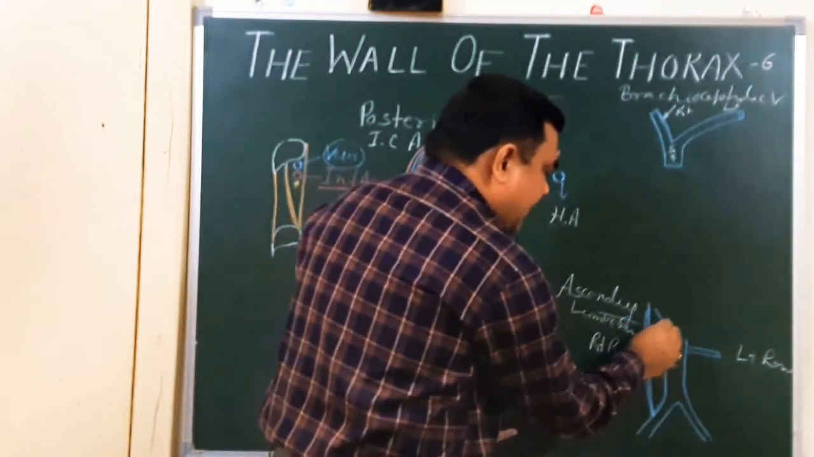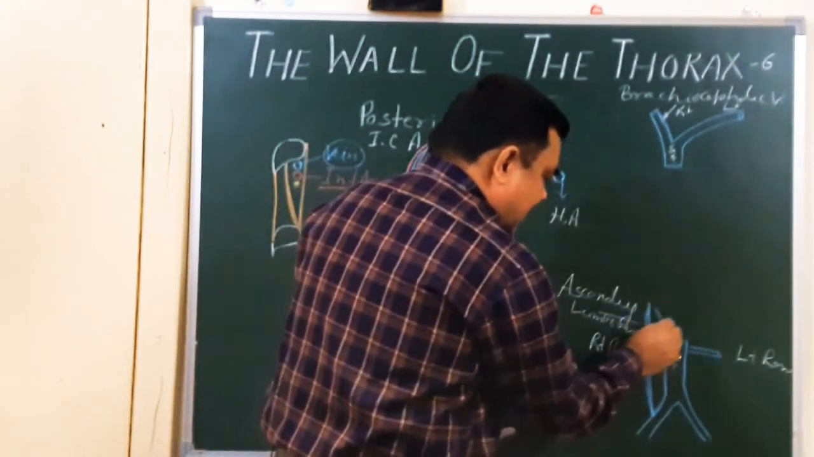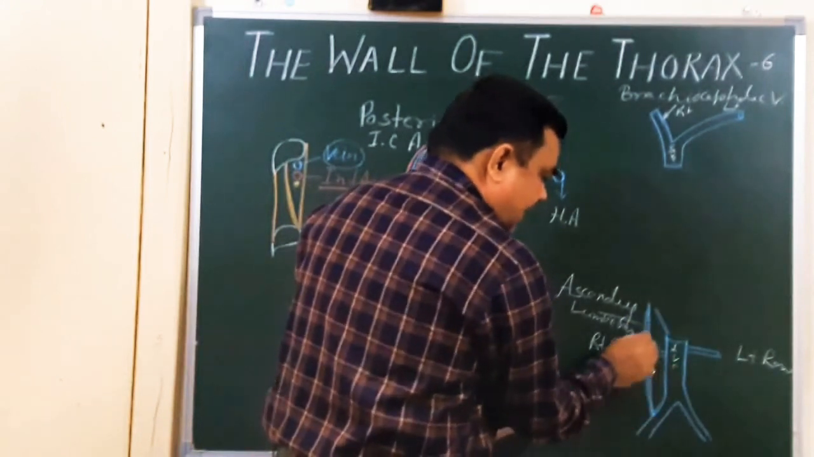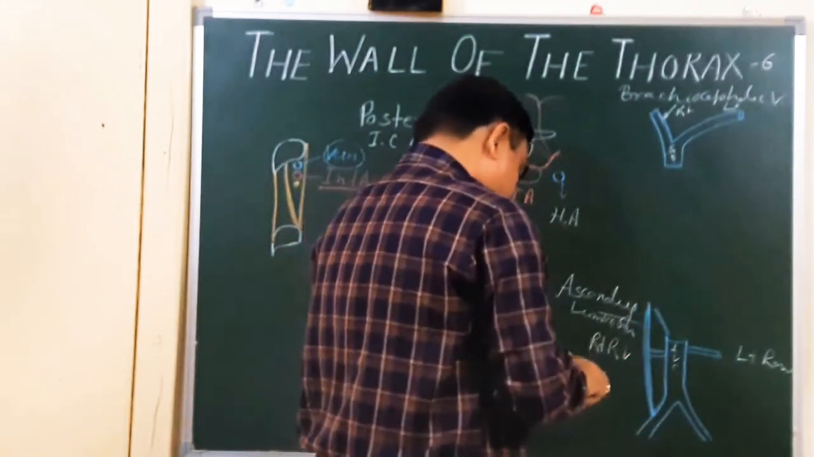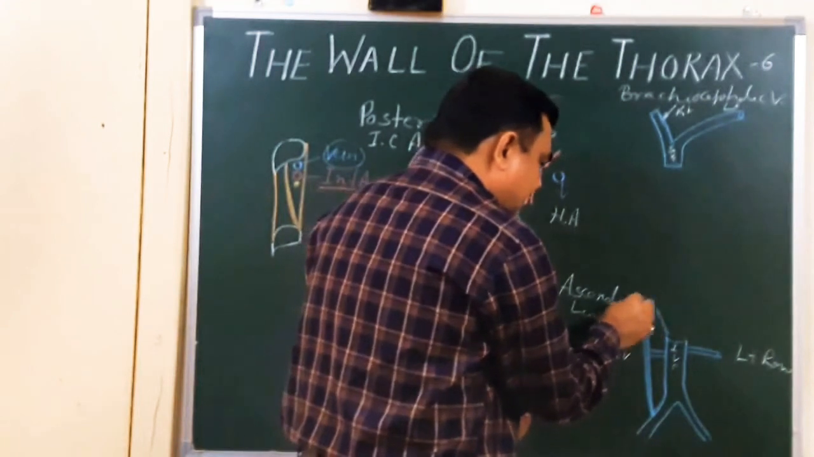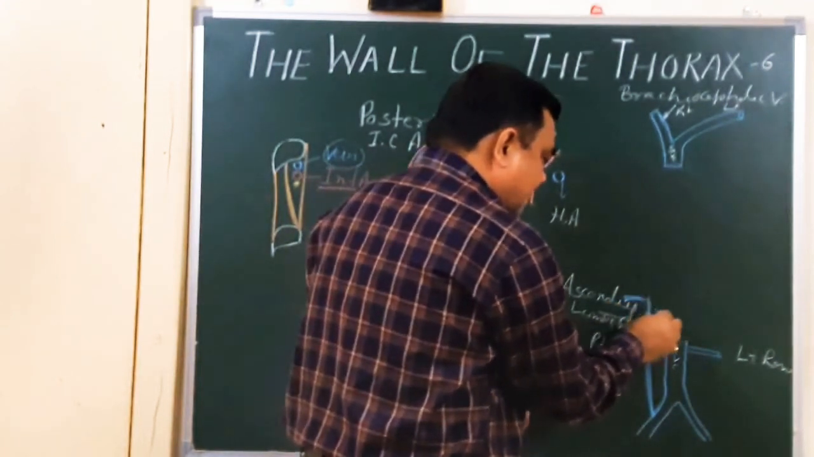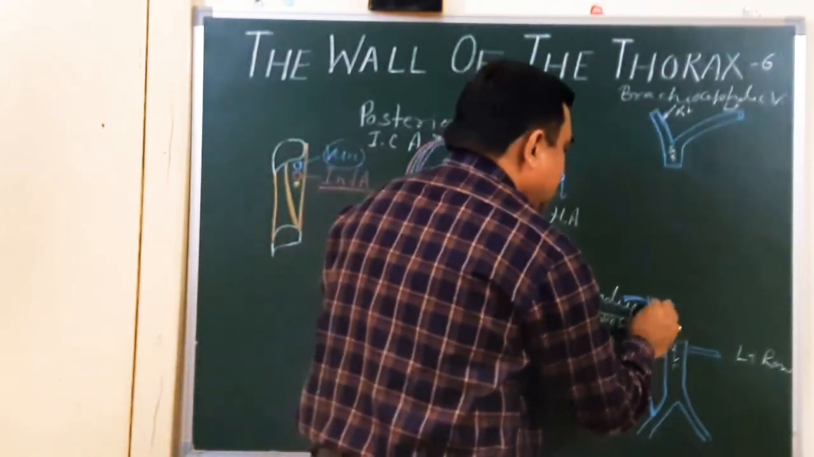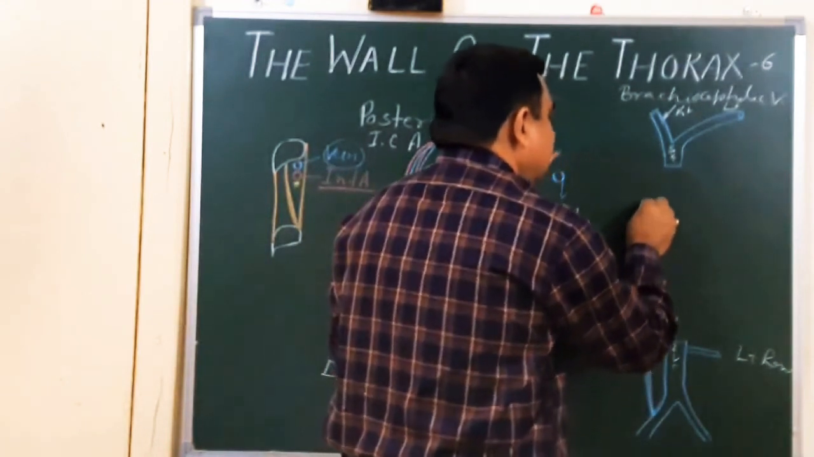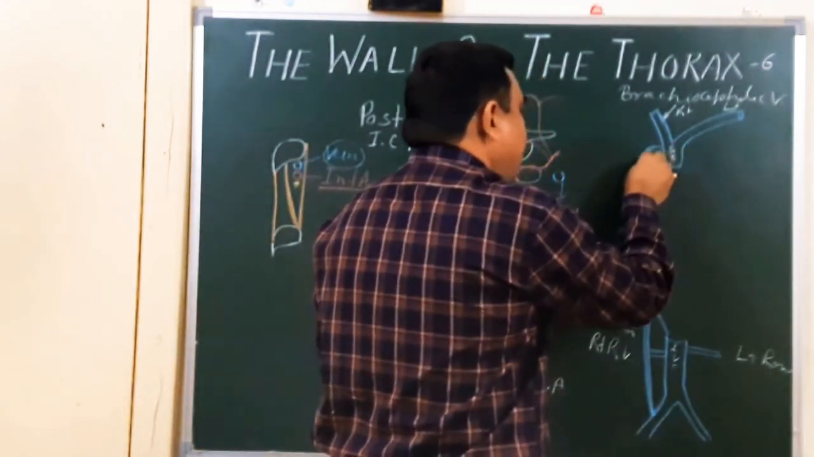And this vein is lumbar azygos. This is lumbar azygos. This is ascending lumbar. And here is another vein, that is subcostal vein. So all three veins join to form the azygos vein. This is azygos vein, which opens into